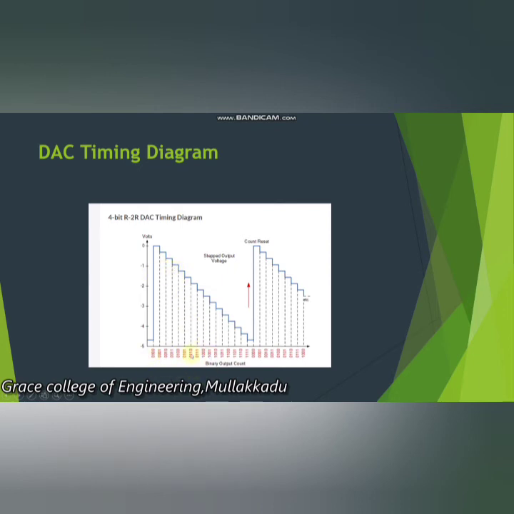Similarly, we can divide the 0 to 5 volt range into this many equivalent analog values by giving this many digital input values. We can convert the digital input into analog over 0 to 5 volts in this many minute steps by taking it as 4 bits. If you want to subdivide the analog range further into many smaller equivalent values, we can increase the number of bits by extending the R2R ladder.